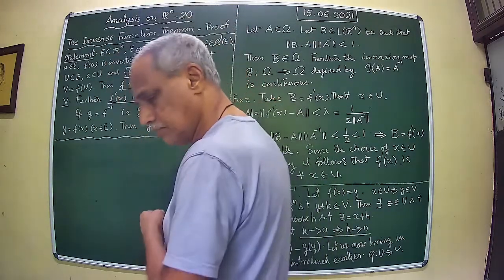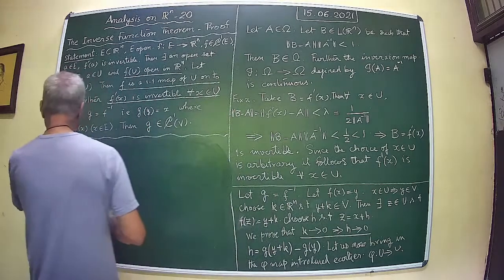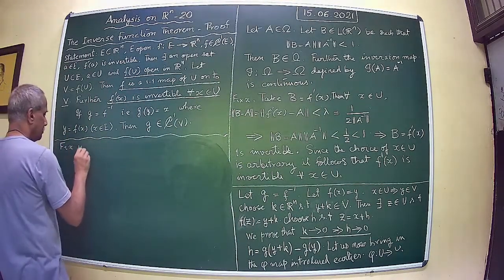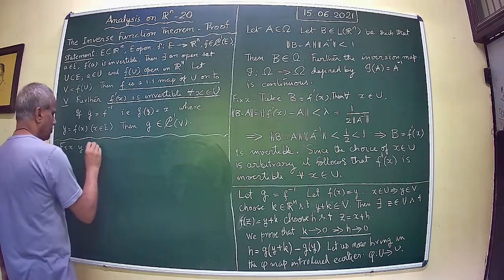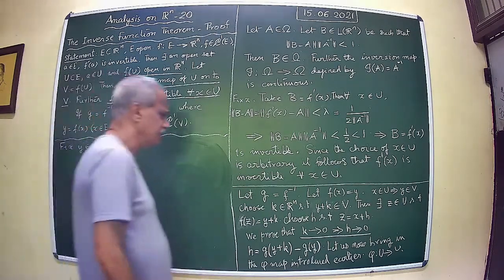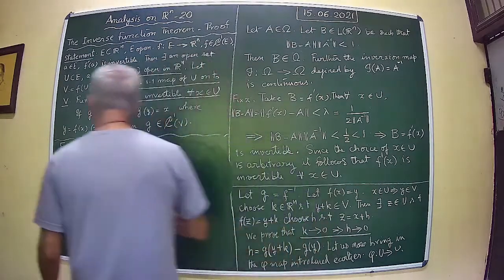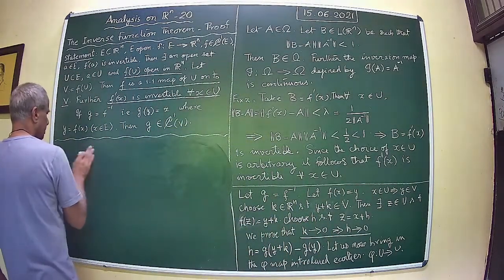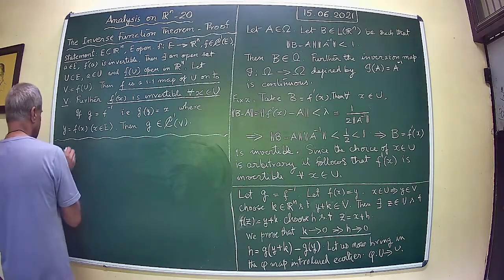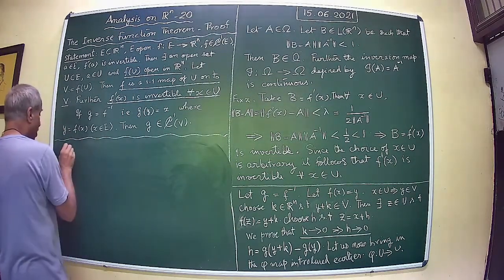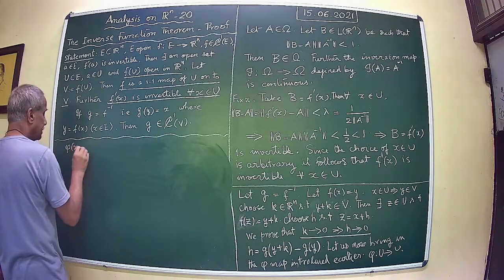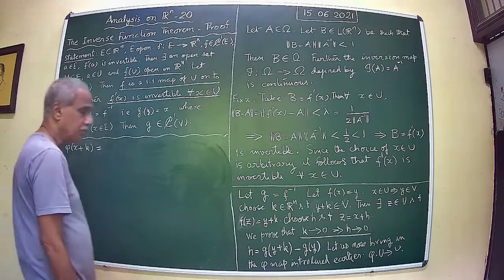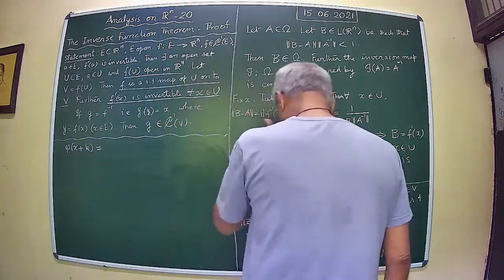We have phi of x plus k equal to x plus k A inverse into y minus